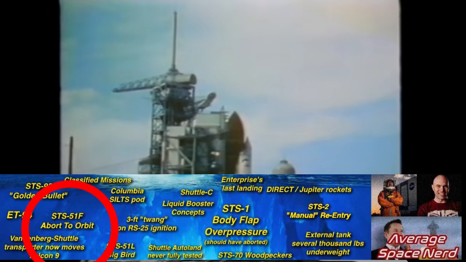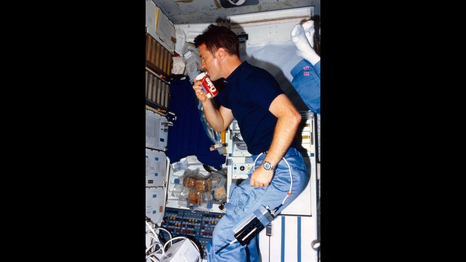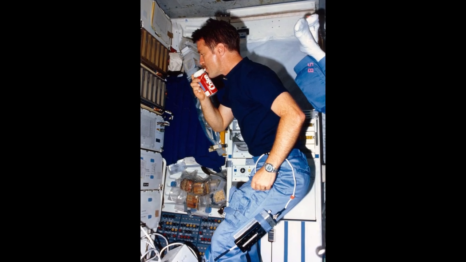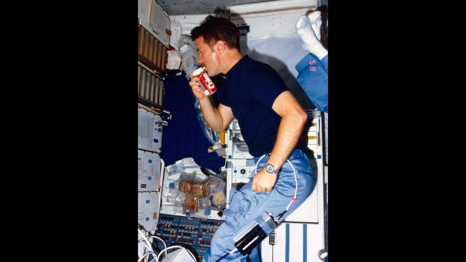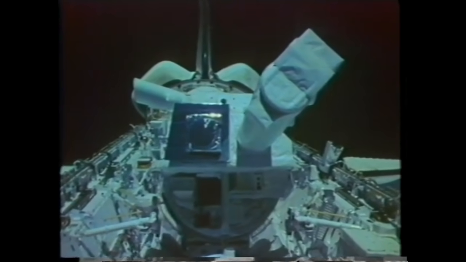STS-51F Abort to Orbit. Speaking of shuttle abort modes, the abort to orbit option was available when the intended orbit could not be achieved, but a stable orbit was still possible. The orbiter would then either carry out its mission at a lower than intended altitude, or return to Earth to try again another time. This abort mode was used exactly once, on STS-51F in 1985. This flight was one using the Spacelab Mobile Laboratory, and famously featured specially designed Coca-Cola and Pepsi cans, officially as an experiment to bring carbonated beverages to space, but really just as a publicity stunt. Oh, and it had an infrared helium-cooled telescope capable of collecting data on 60% of the galactic plane, I guess,